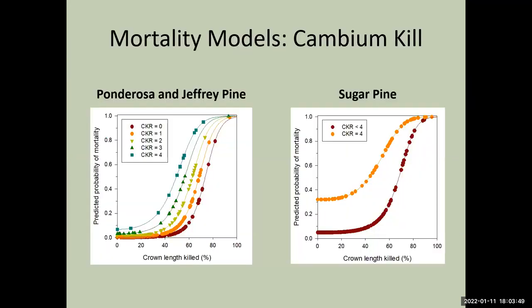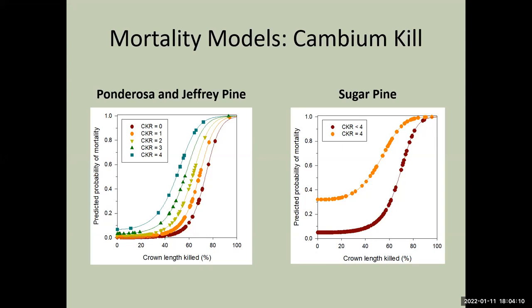So what does cambium kill mean? We did our 4 samples, and if the sample was dead, we counted it as 1. And so you could have a maximum of 4 dead samples on any given tree. For these 2 charts, I'm just showing you the difference of the predicted probability of mortality with different